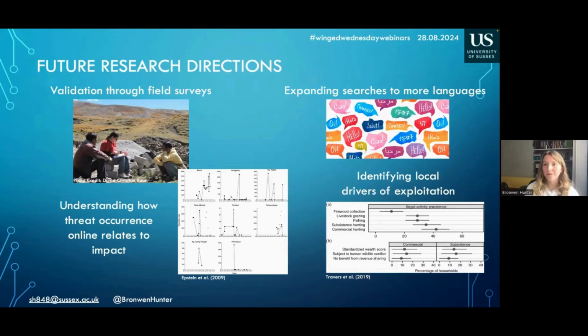And the threat maps developed in my spatial modeling chapter did provide some insights into things that are predicting exploitation, like human population density, but much more local studies are required to identify those specific drivers of exploitation, which is essential for designing interventions.